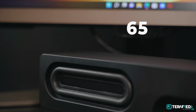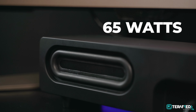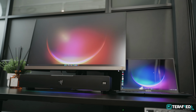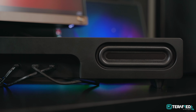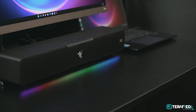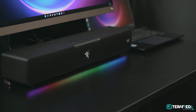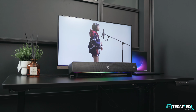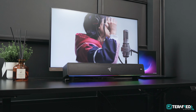Razer does state 65 watts of power, but is this just the soundbar alone or the whole setup? And is it RMS or peak? We have no idea. But in any case, it does sound good and pretty well balanced. The highs are really clean and crisp, with strong mids, and does have quite a thump in the low end thanks to that subwoofer. I enjoyed it for pretty much anything, from watching videos on YouTube or binging on Netflix,